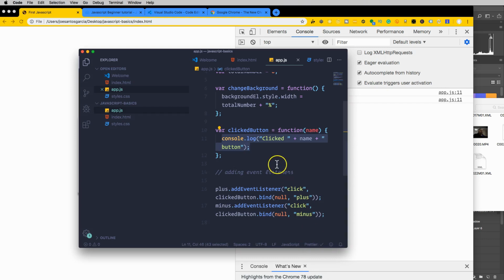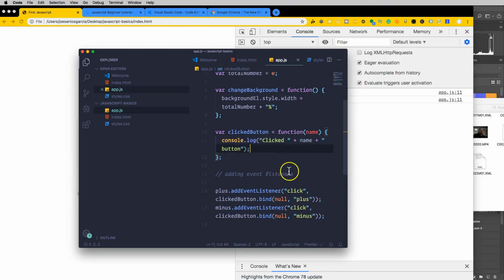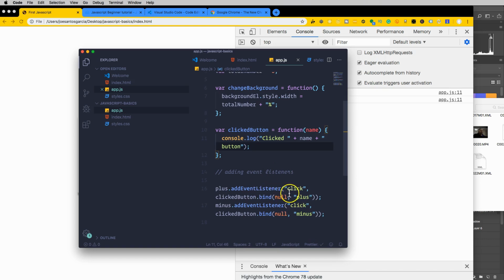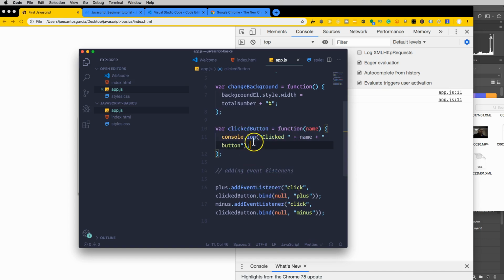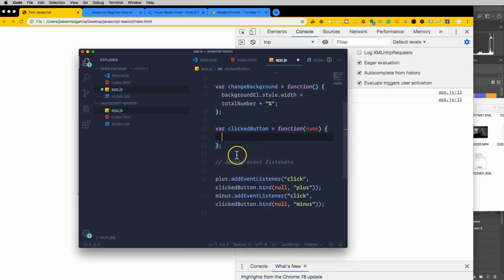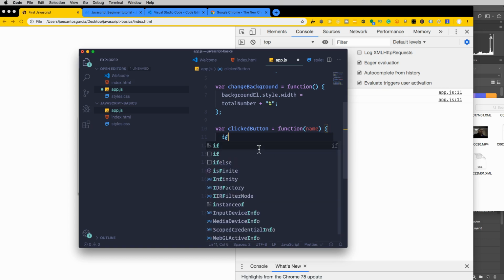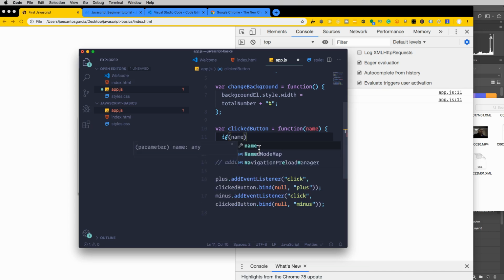Okay, so now that we have this and we know these things are working, we got the elements and we attached those click event listeners to those buttons. Now what we want to do is delete this, and we're going to start writing our logic. So here we're going to say if the name, when we click on the button and we pass down the name, which is this argument, and now this variable is equal to plus. If name is equal to plus,